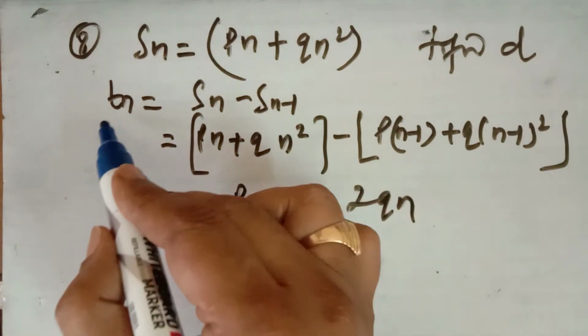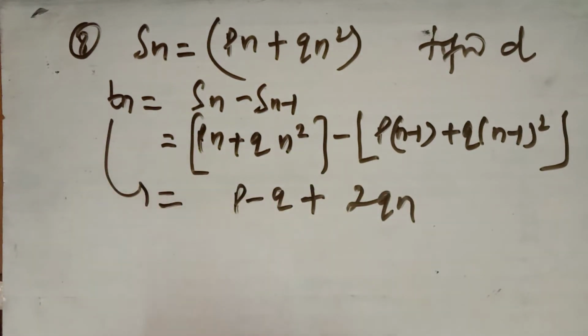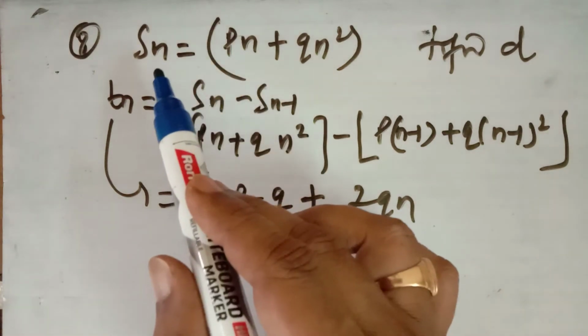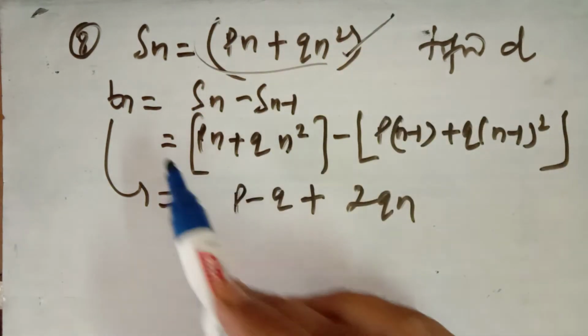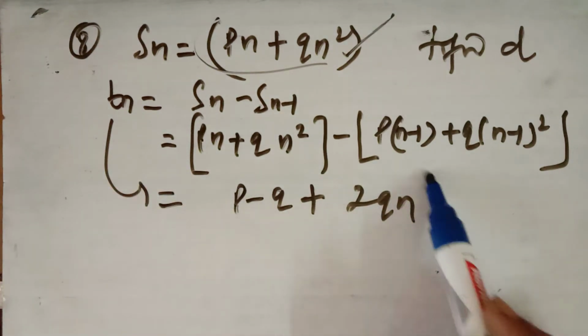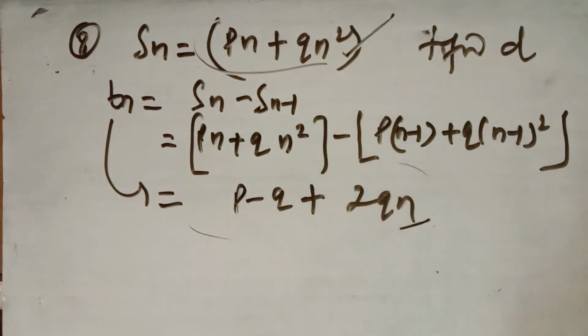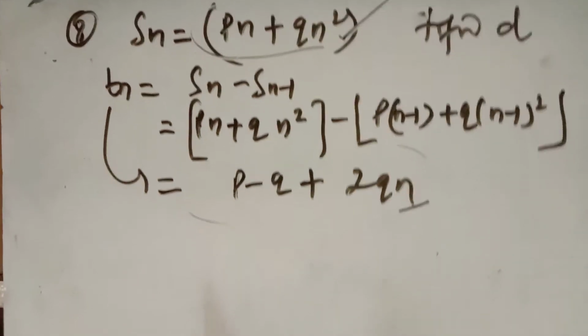जब आप इसको solve करेंगे तो nth term ये आएगा. Always remember that the sum of n terms is always a quadratic polynomial, means the degree 2 will be there, and nth term is always a linear polynomial where the degree of the variable is always 1. So this is the nth term.